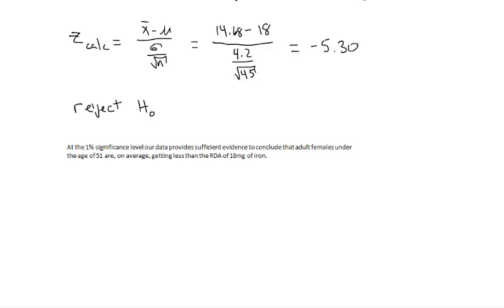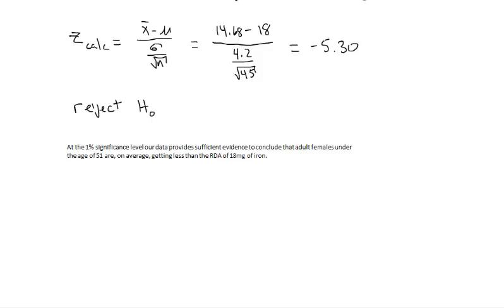And my conclusion for this problem is going to be, at the 1% significance level, our data provides sufficient evidence to conclude that adult females under the age of 51 are, on average, getting less than the RDA of 18